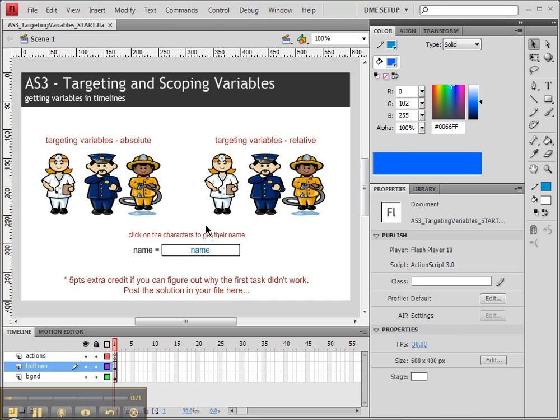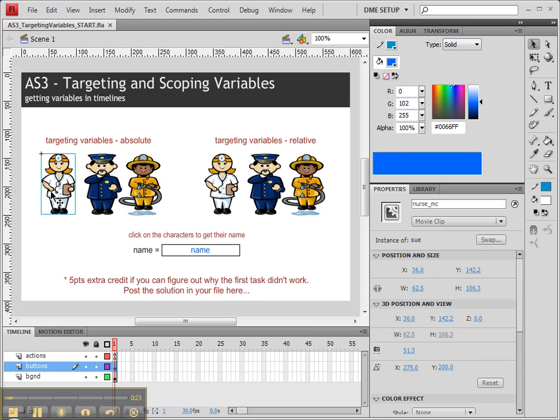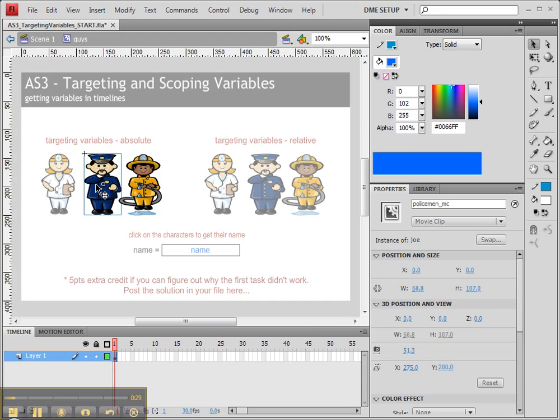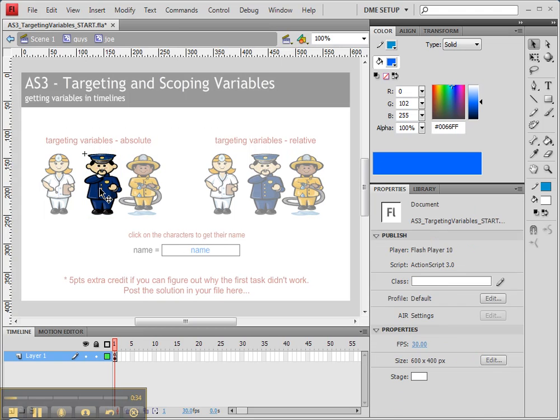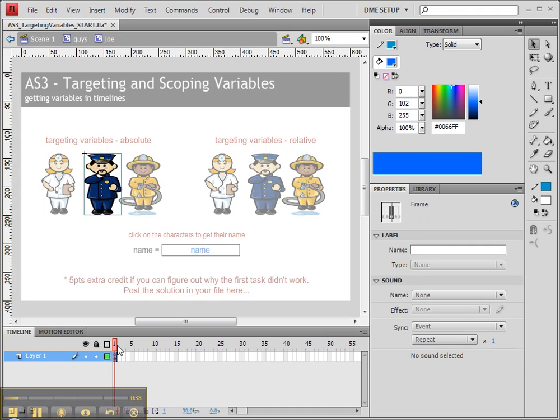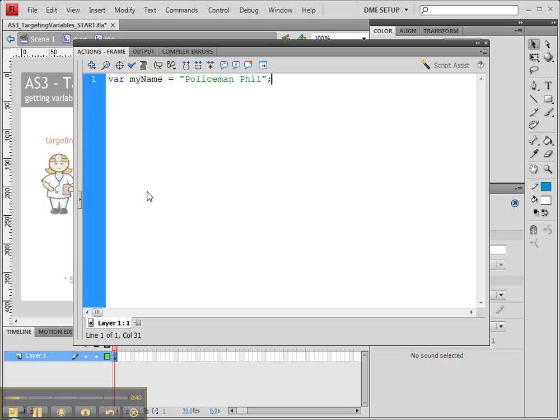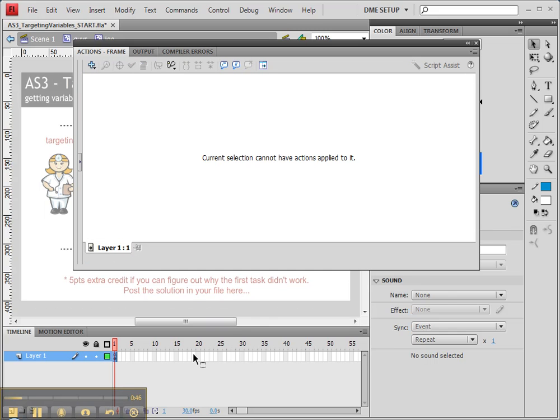Now, if we look at the structure of this particular file, we have a nurse here, and we have two guys that are in a movie clip together. If I double click and go inside, you'll see we have policemen and we have firemen. Inside each individual timeline, however, of each character is a small script which has their name, and it says var myName equals policeman Phil. If I look at the other guy,